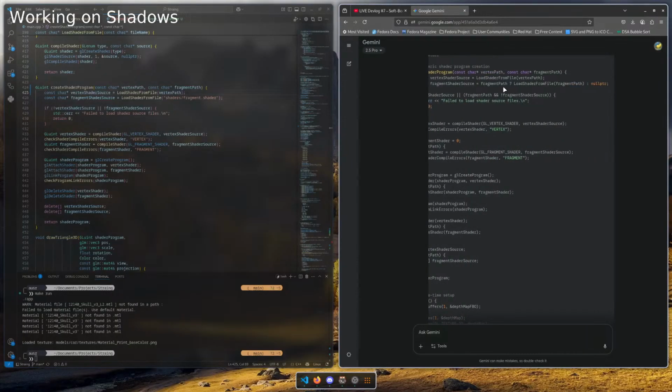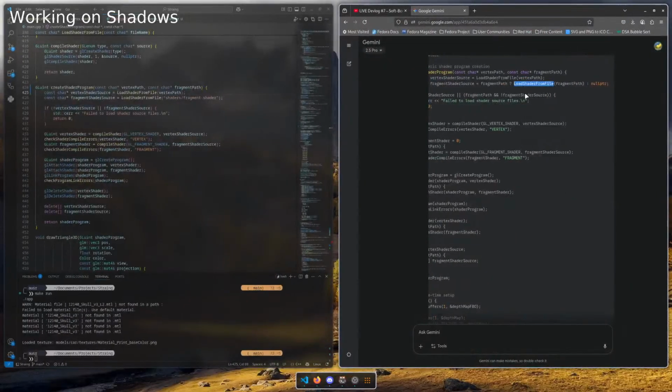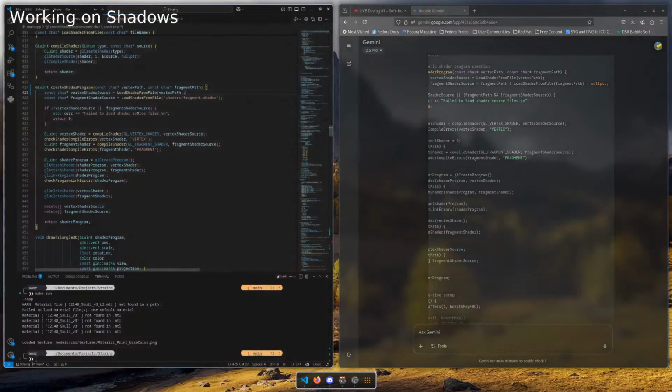So the fragment path: load shader from file, fragment path, otherwise it's a null pointer.